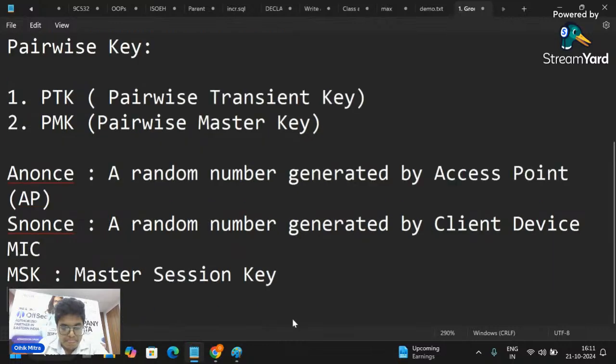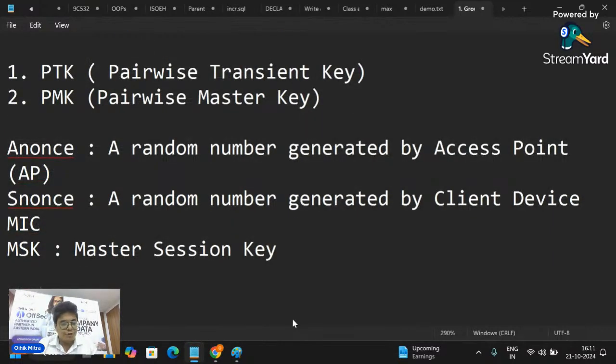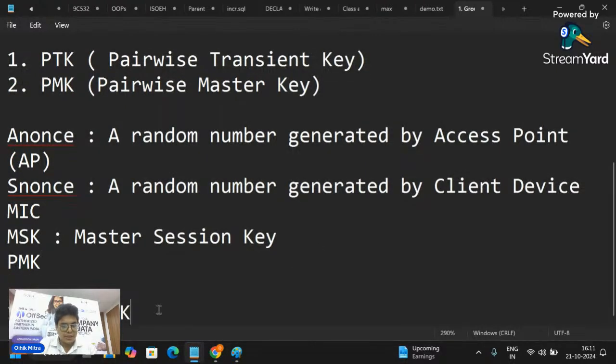Because for that we need to know what PTK is, or how PTK is made up. PTK basically is made up of PMK, okay? Let me add PMK also here because we need to know what PMK is.